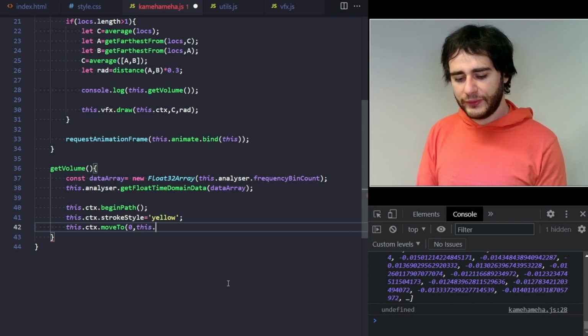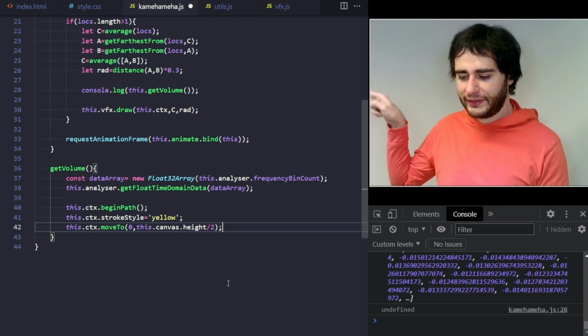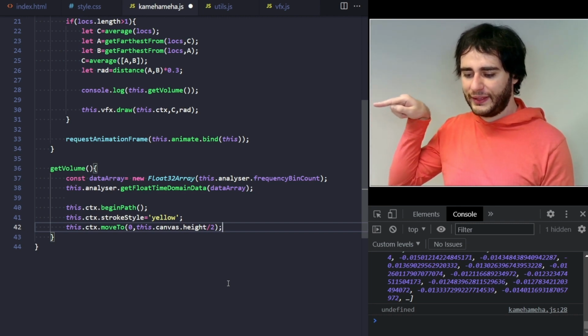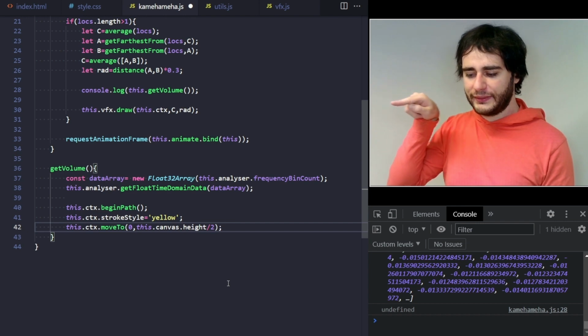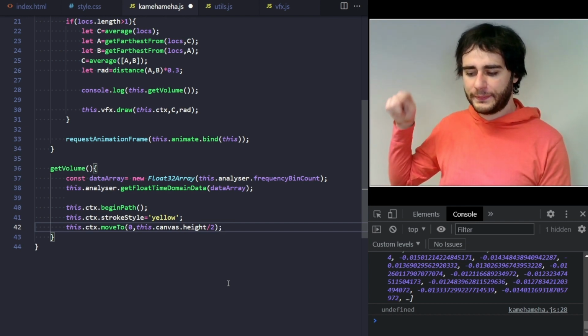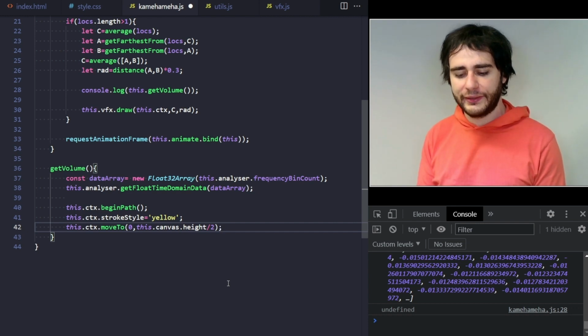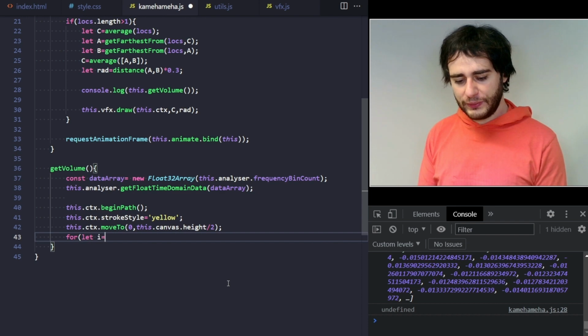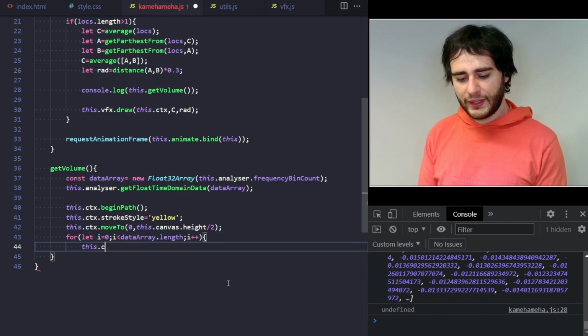And let's move to half the height of the canvas. So I'm going to draw it starting in this point. And the line will go all the way until here, but vertically I'm going to plot these values in the data array. So we are going to get a waveform. Let's do this by going through all the elements in the data array, and do a line to